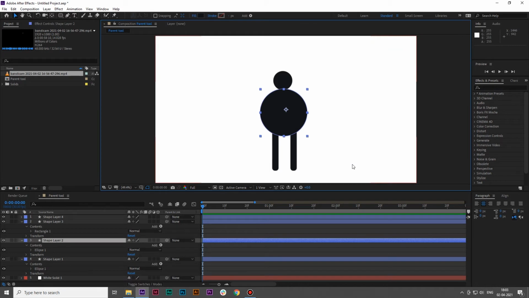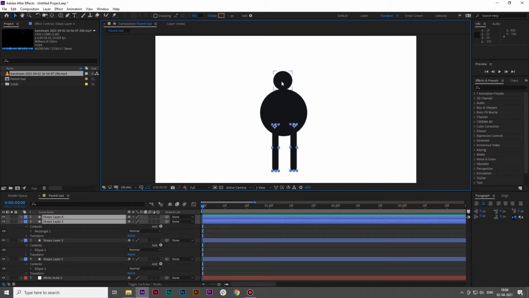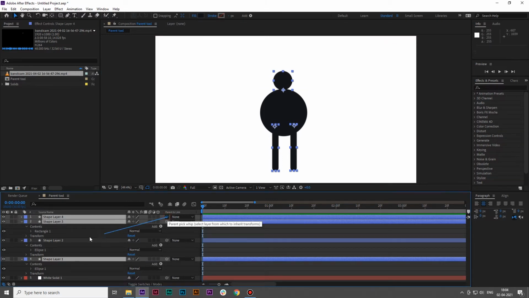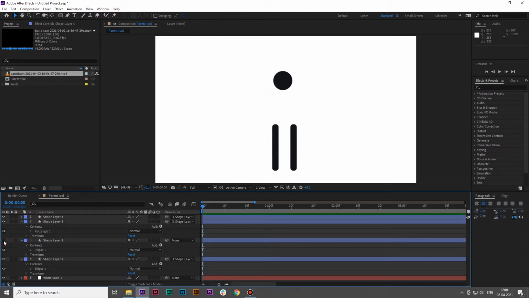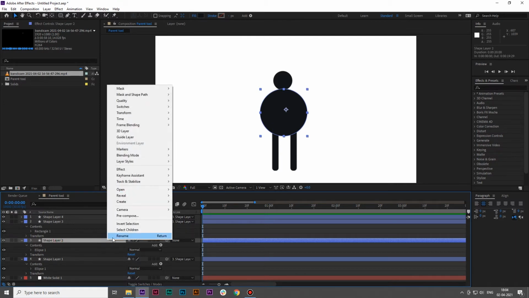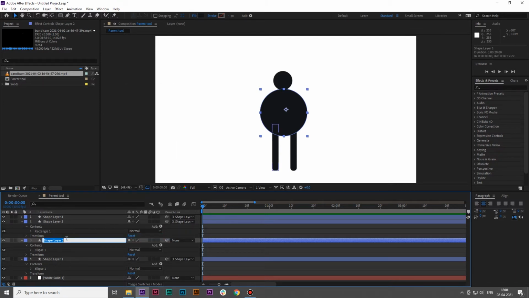So what will we do? First we will connect these three layers, head and both legs, to shape layer 2, which is the body. For your reference, let me name it body.